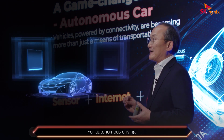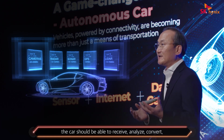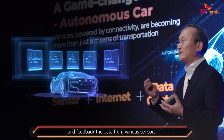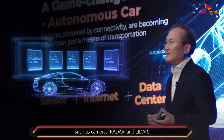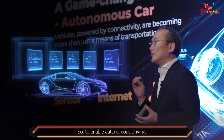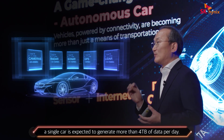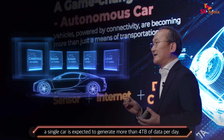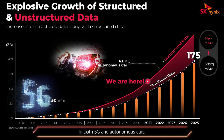For autonomous driving, the car should be able to receive, analyze, convert, and feed back the data from various sensors, such as cameras, radar, and LiDAR. So, to enable autonomous driving, a single car is expected to generate more than 4 terabytes of data per day. In both 5G and autonomous cars, the amount of data that is generated and consumed in real time is